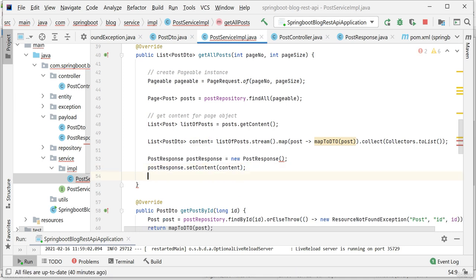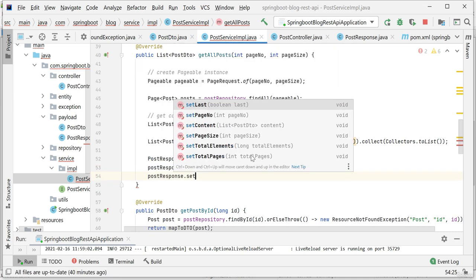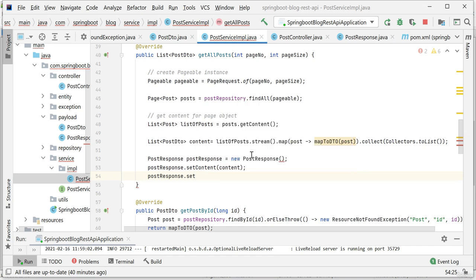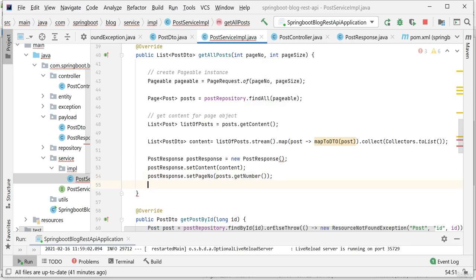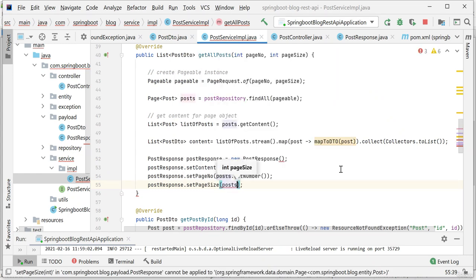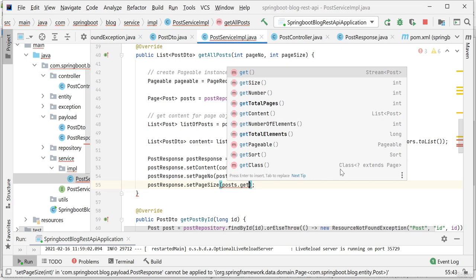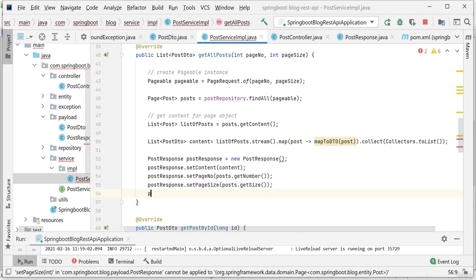Then postResponse.setPageNumber, and we can get the page number from the page object. So copy this posts here and just get the number, and again postResponse.setPageSize, and we can use the page object and get the page size here, that is getSize,